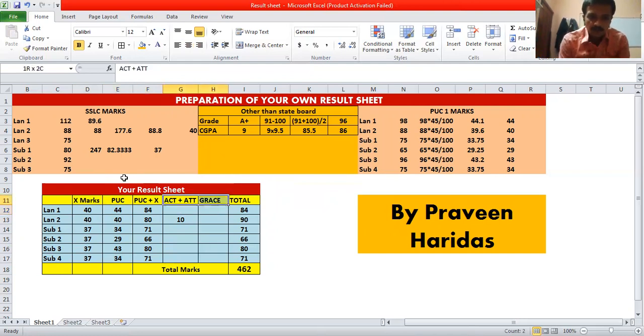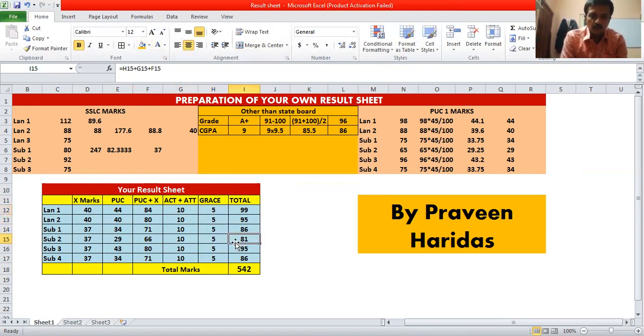And now the next 15 marks are given by your college. Okay, so the first 10 marks are for activities and attendance, which will be based on your previous tests and all, right? So it will be out of 10. Assume that your college gives you 10 only, assuming that you have performed well. And then there will be another 5 marks which will be given as grace marks to you. So if you get 5 out of 5 marks,